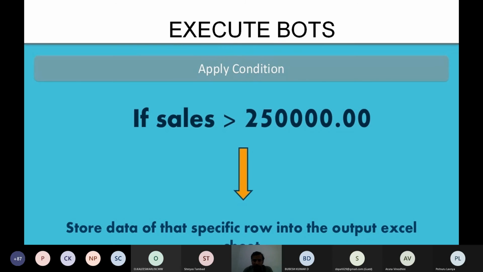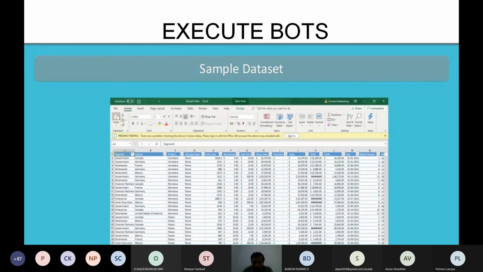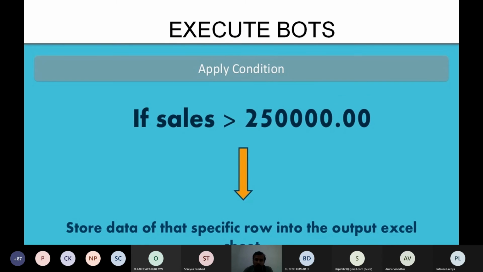Out of this data set, there may be very few rows where the sales is more than 2.5 lakh. We just need to extract the whole row of that particular data alone, and store the data of that specific row in the output Excel sheet.